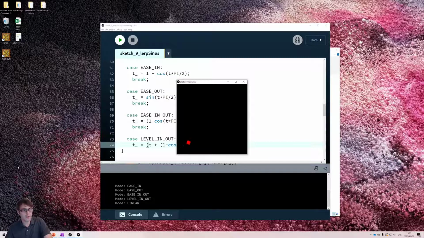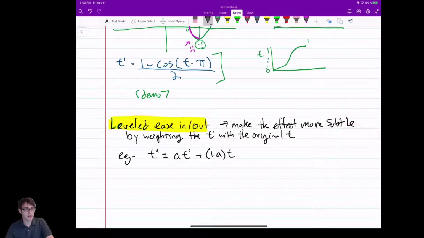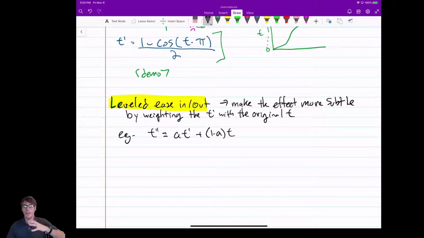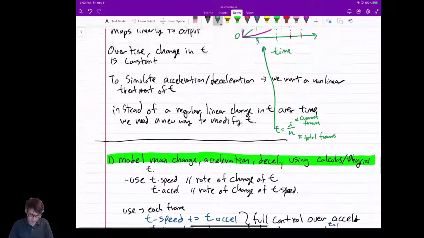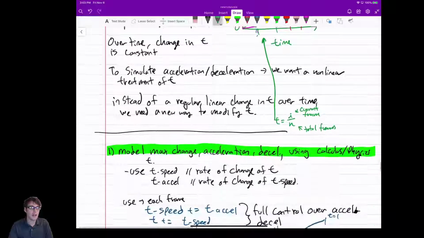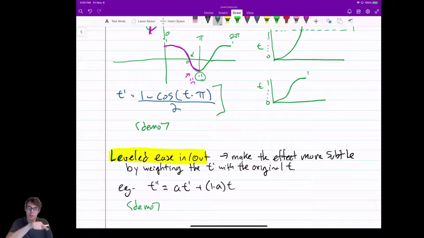So we're just scratching the surface here of what we can do with interpolation. I'm just showing you the basics. You can imagine that you can come up with all kinds of really funky functions to do things. You can add noise in there so it jitters along the way. You can add minuses so it goes backwards sometimes, and you can imagine all kinds of really cool things. But for now, I'm just showing you the basics of how you take a linear function like lerping, which is really cool, but then you want to make it non-linear, and you can do that in all sorts of ways, and probably the most common way you'll come across is just using patches from sinusoids to calculate a t prime that's non-linear, that makes t change in a non-linear fashion. So that's really cool. All right,